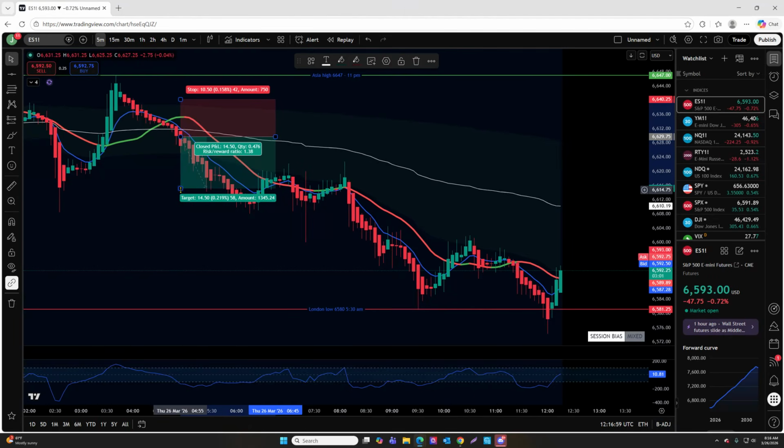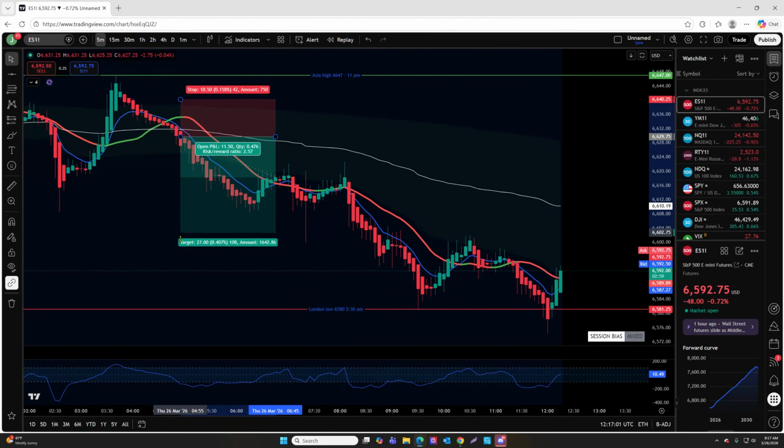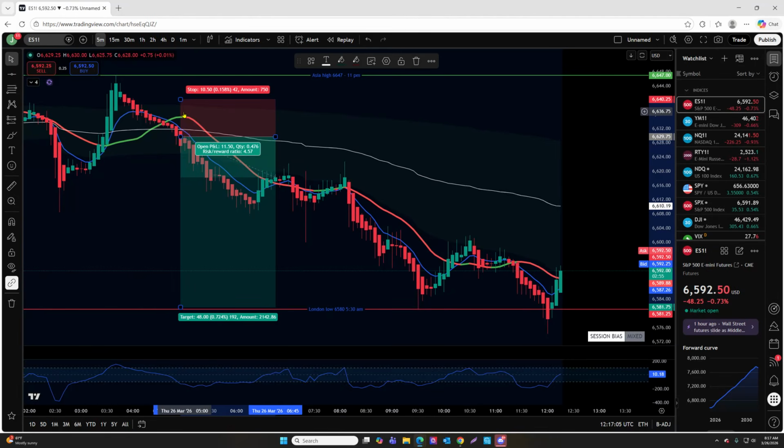But if you got that move and you stayed in it, and even as it started to go in your direction, you could go to bed. And if you moved your stop inside break even and just let this trade go, this would have been a 48 point trade. You can get huge moves on this. This is where